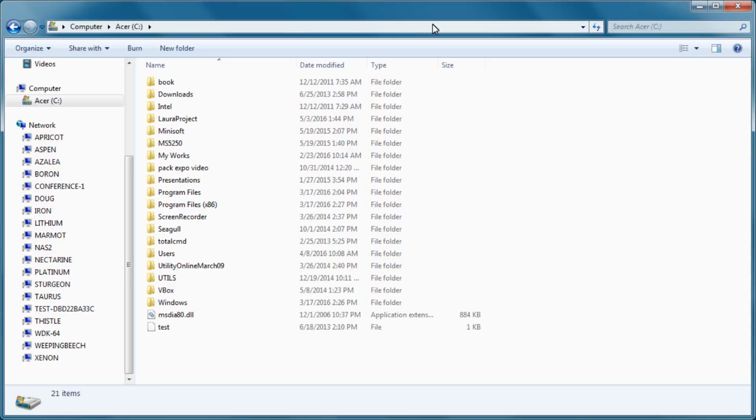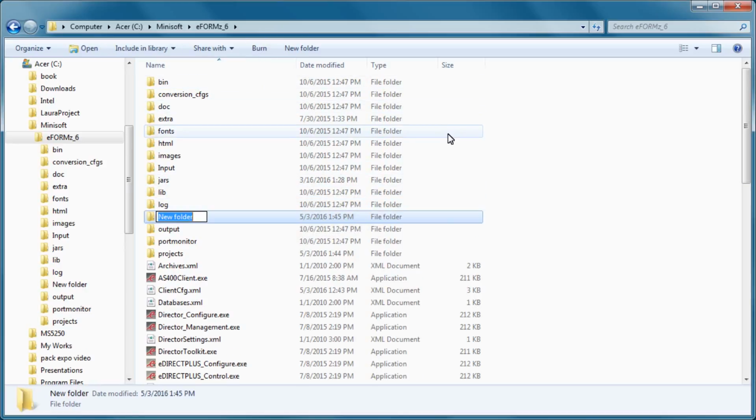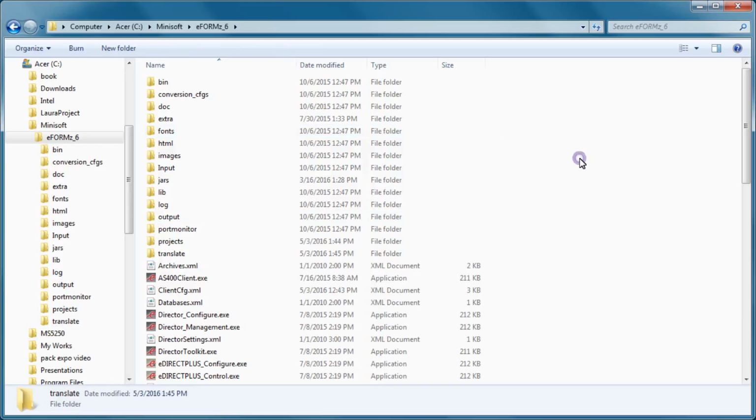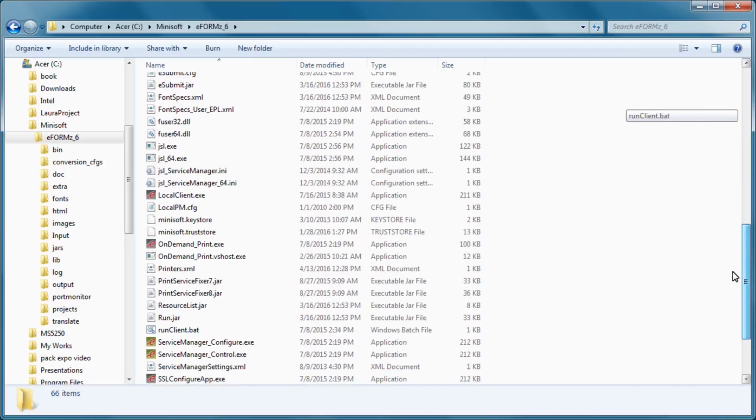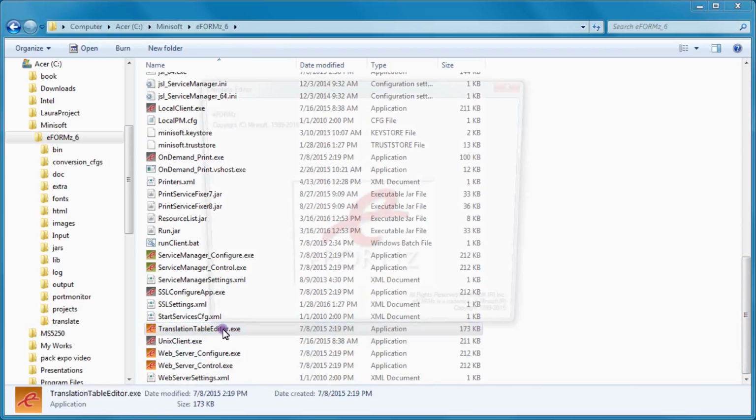In this tutorial, we'll be taking a look at the translation file editor in eFORMz. First, we're going to navigate to the Minisoft eFORMz 6 folder, and we'll try to find the translate folder. It may not be there, and if it's not, go ahead and select new folder and simply enter translate. And once this new translate folder is there, we're going to scroll down and select the translation table editor. Go ahead and double click that,